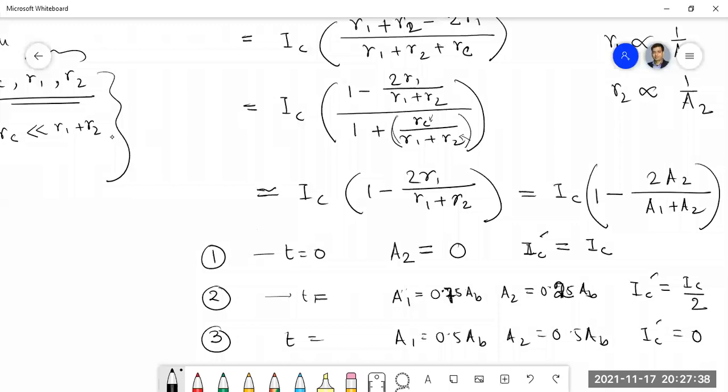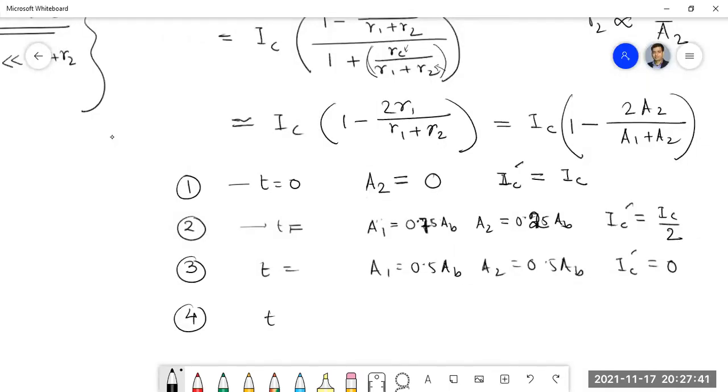Okay. So instant number 4. Here it will be just opposite. Area of the contact segment number 1 will be less. So that is only 25%. And with 2, it will be 75%. I am assuming. And what will be the IC prime there? ঠিক করে বলো, ভালো করে বলো, দেখে বলো। Sorry, sir. Minus IC by 2.